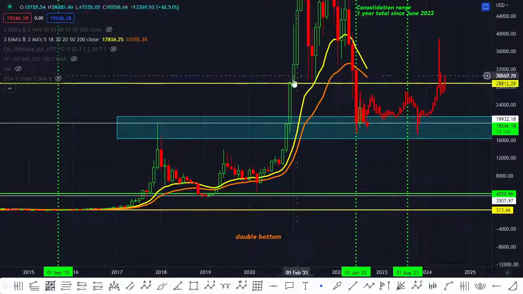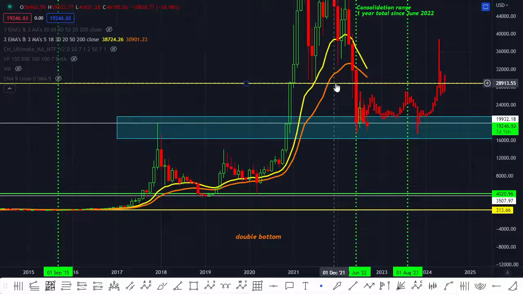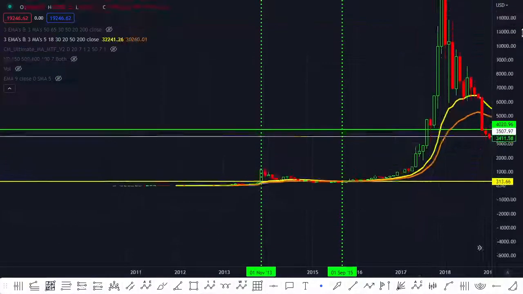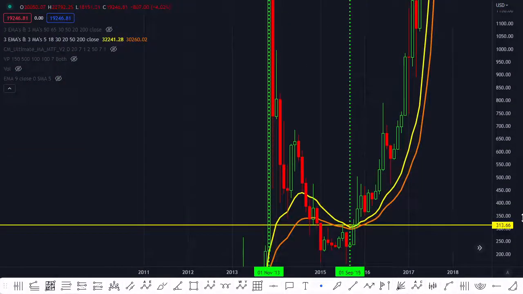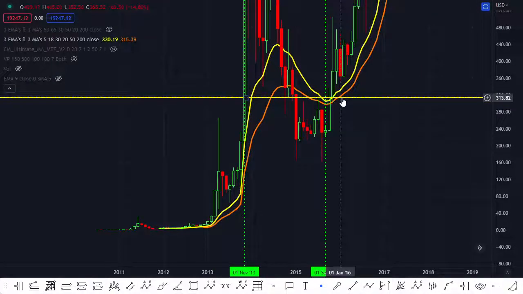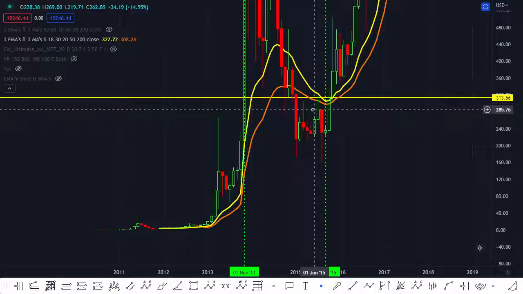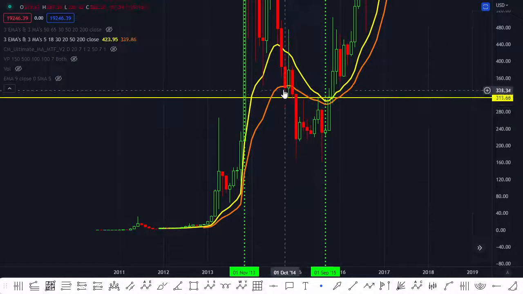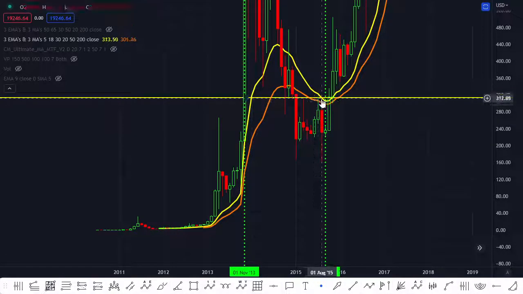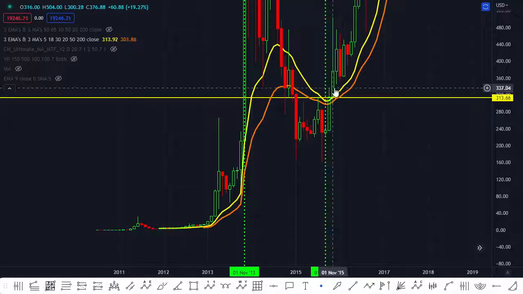This yellow line right here, as you can see, is, in my personal opinion, the same as this yellow line right here. And this is the top of the range of consolidation. This is the 1-year consolidation that we had. And it makes perfect sense, because obviously when you lose strong support, it's going to flip into strong resistance. And once you broke that